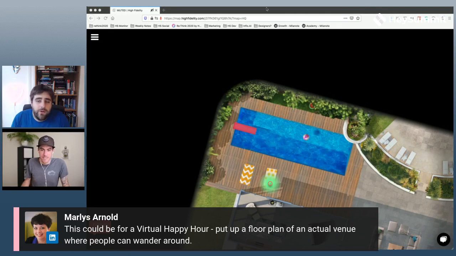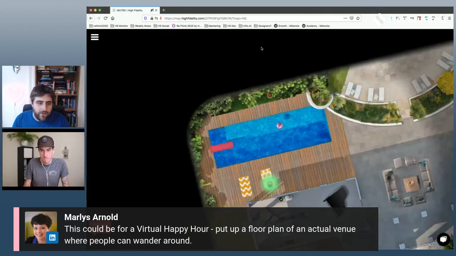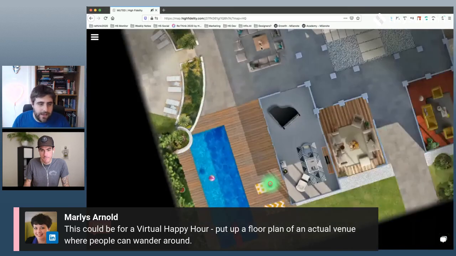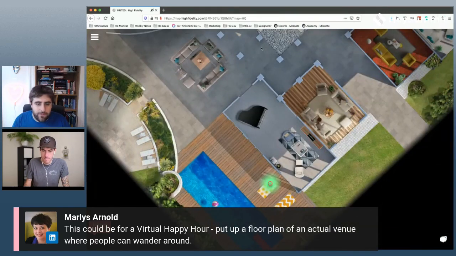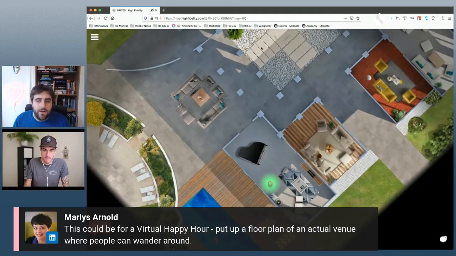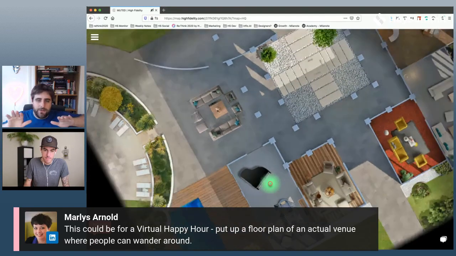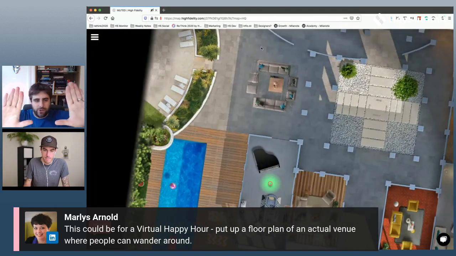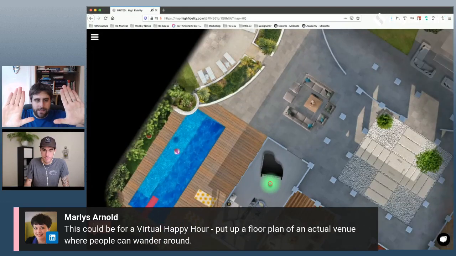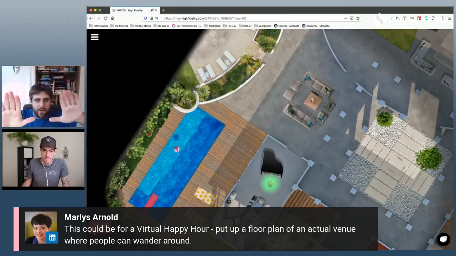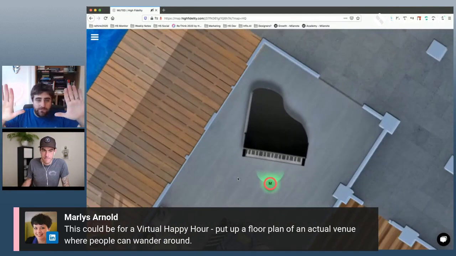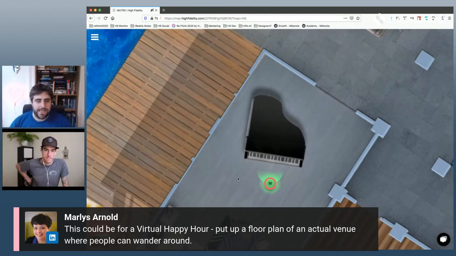That's fun for me. And you could get a little creative. So as Marlis is saying, it could be for a virtual happy hour, where you put up a floor plan of an actual venue. Some people don't like the fact that this is full on straight on, straight on from the top. There's no kind of angle. You can just put a slightly different